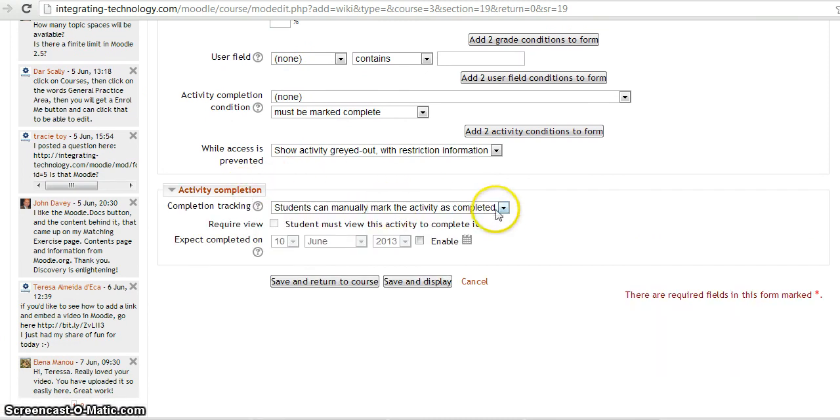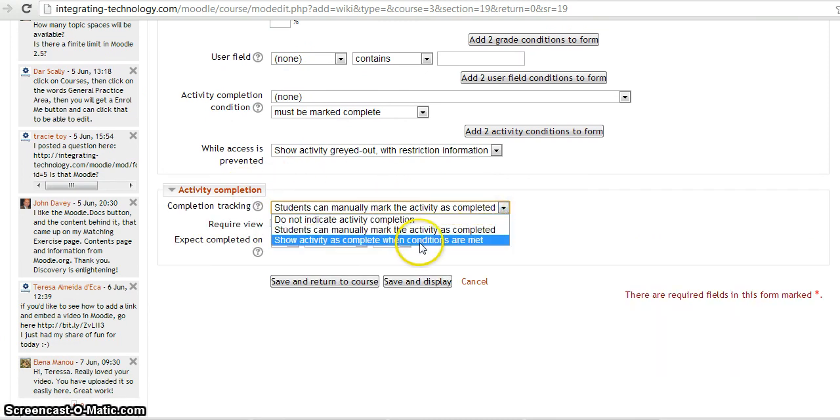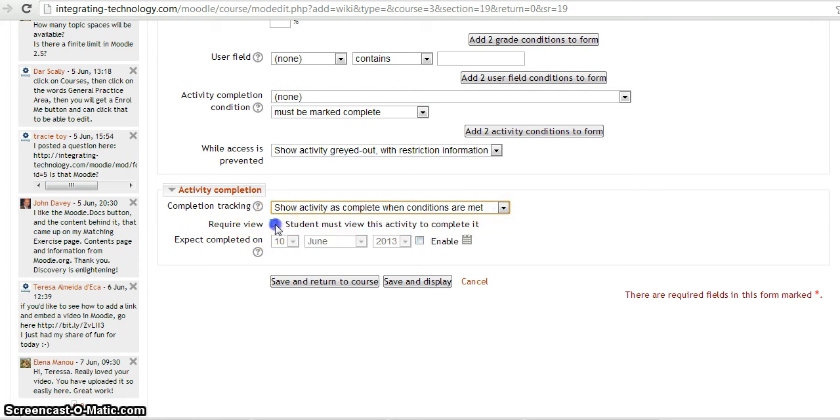Activity completion, I want to show activity as complete when conditions are met. Then students must view the activity to complete it. That means I want every student to complete the activity. I will save it and display it.